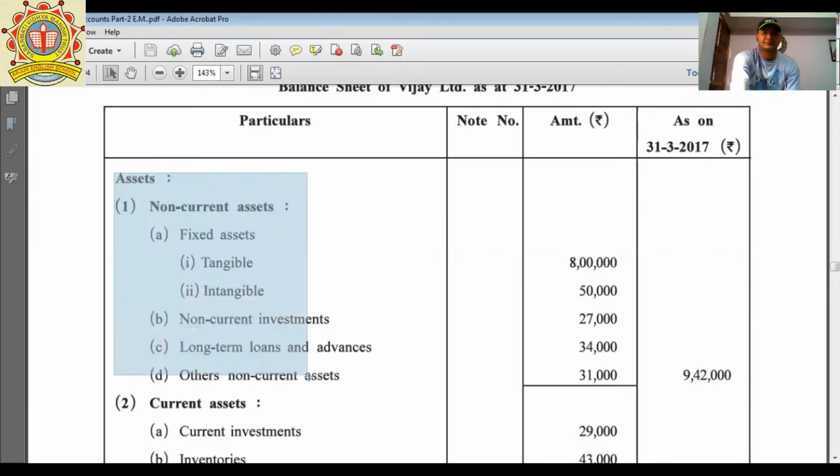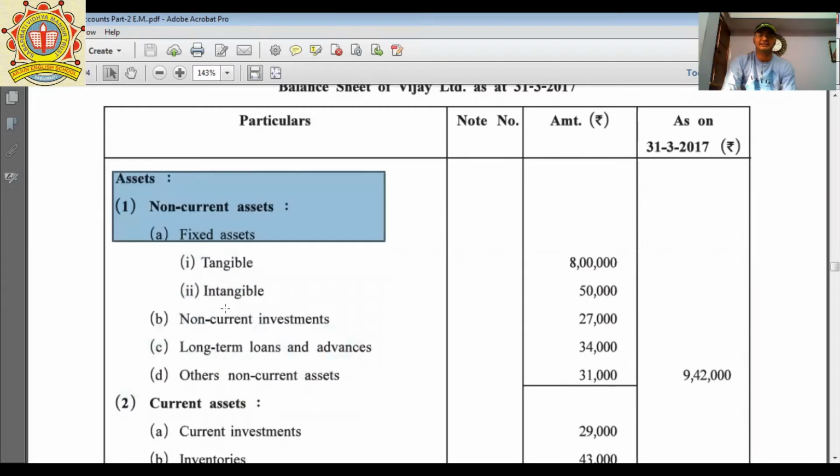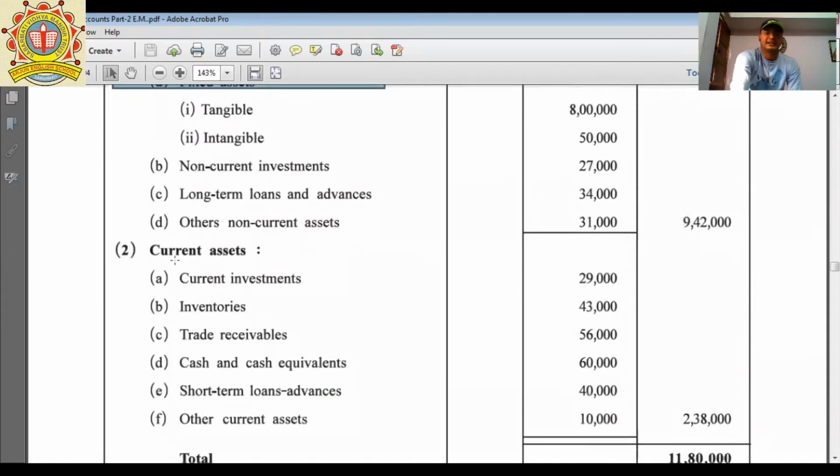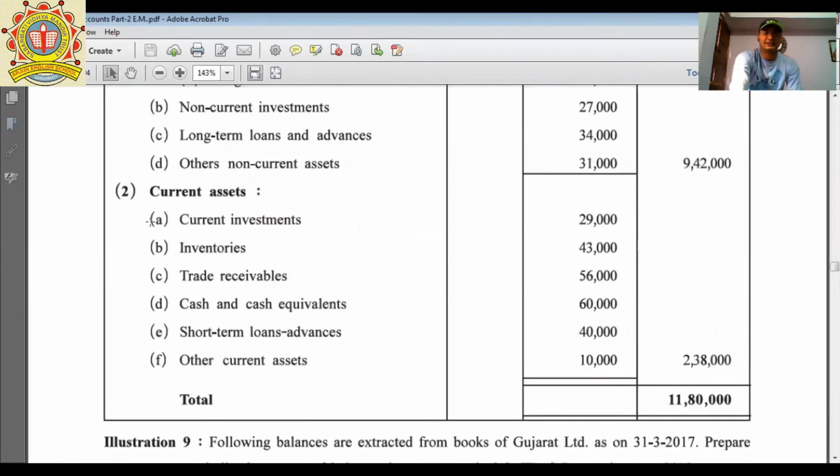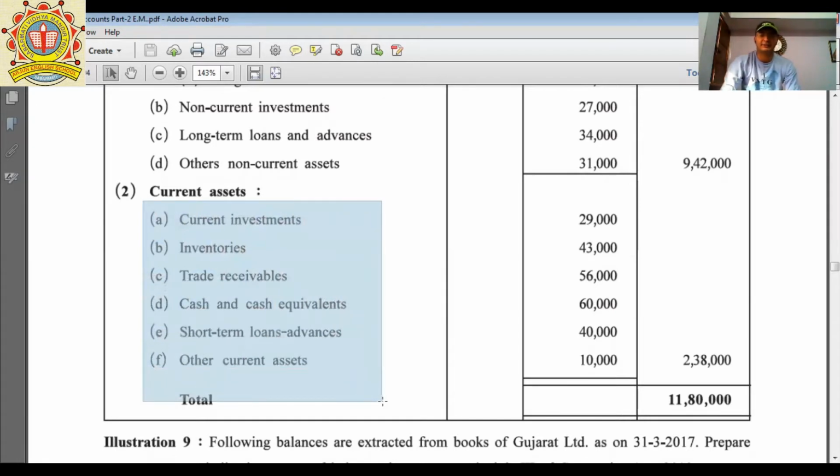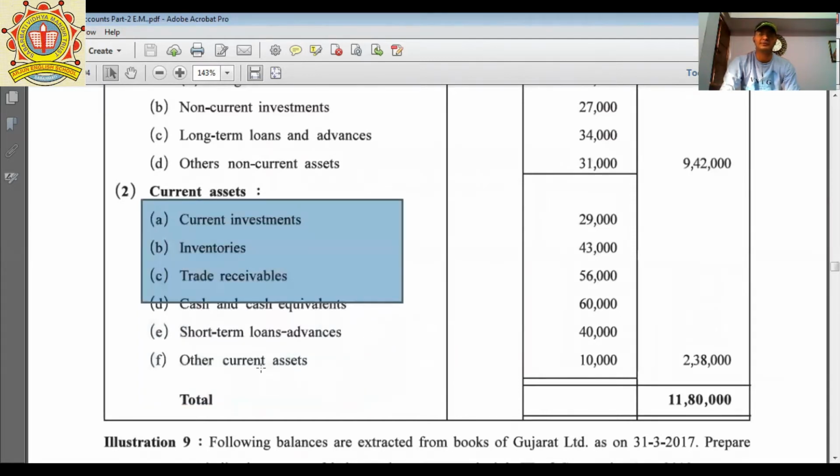Assets, non-current assets, where fixed assets, tangible assets, intangible assets, non-current investment, long-term loans and advances, other non-current assets. Then after, under the heading of current assets, it includes the current investment, inventories, trade receivables, cash and cash equivalents, short-term loans and advances, and other current assets. So this is the format that we have to prepare first. Then after,